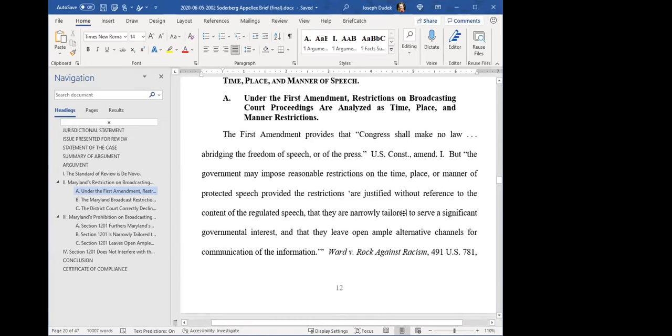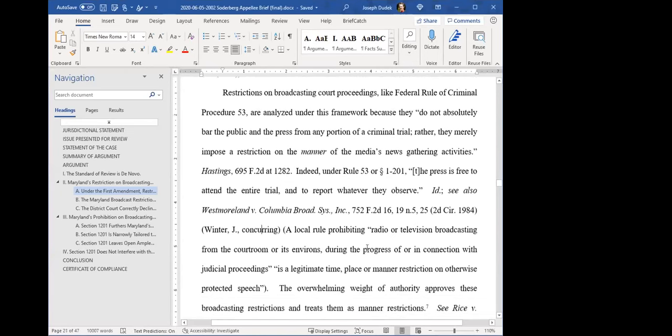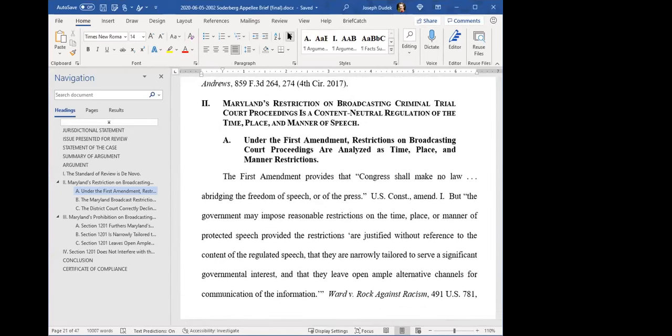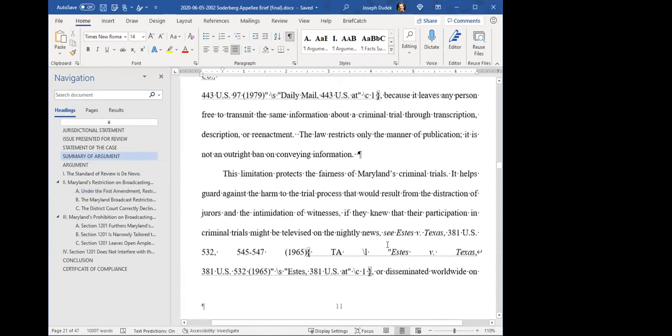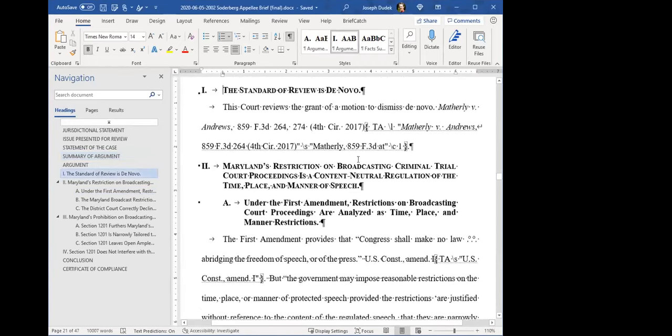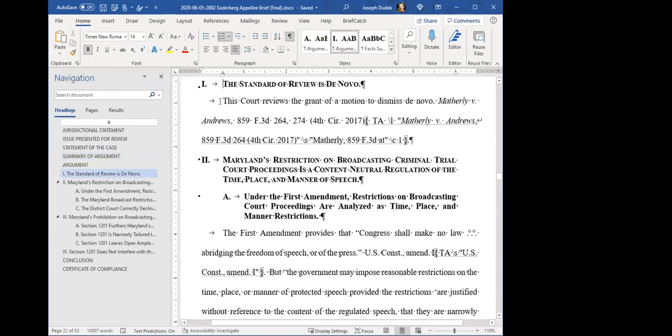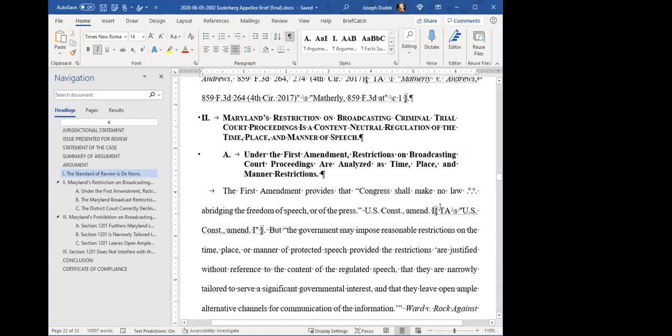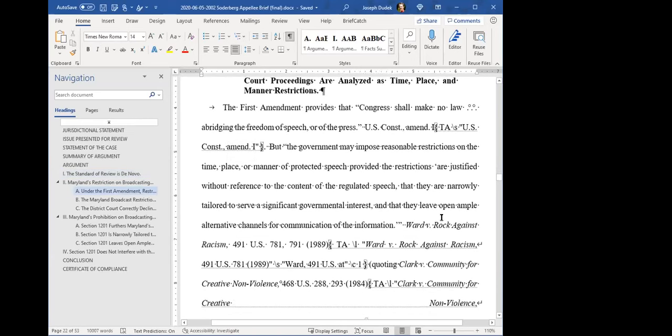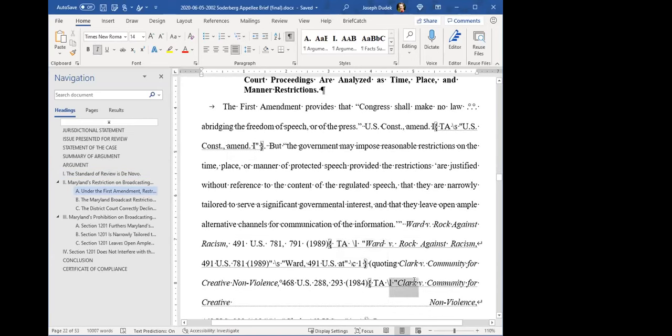So here's a perfectly ordinary brief that has perfectly ordinary writing and citation, and it's already marked. So if I hit this paragraph button, and I go back down to where I was, here we go. I was telling you, you can see tab characters, you can see headings. You can see that Matherly here is marked, and you can see exactly how it's marked. You can see I'm using that return carriage system so that the table of authorities has things on 2 lines. You can see how we're marking the First Amendment and Ward versus Rock Against Racism and Clark versus Community for